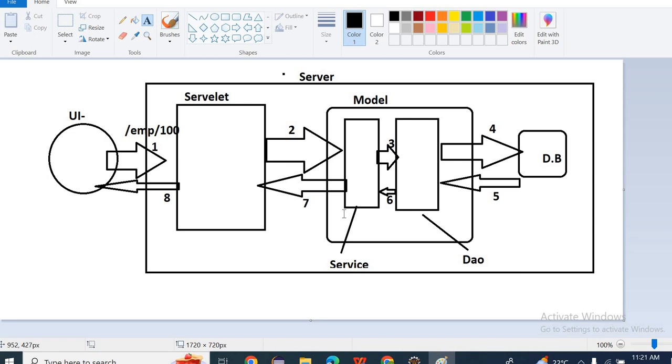This is the client-server model. It is a normal J2EE application. The UI will be interacting with the server, which can be a servlet or action or whatever it may be. It will take the request, read the data, and call the model service, and from there we call the DAO to interact with the database. So here the question is, normally,